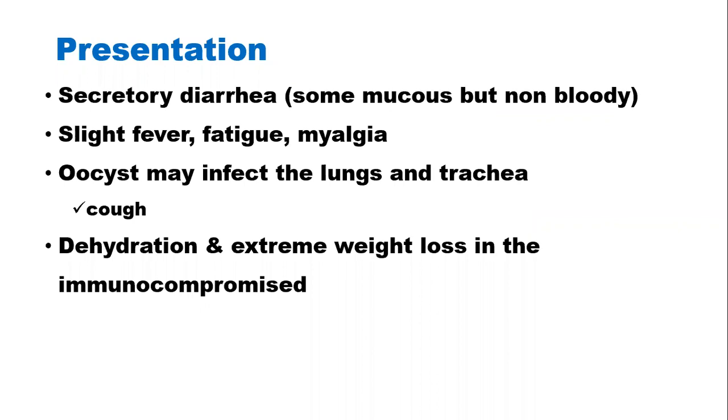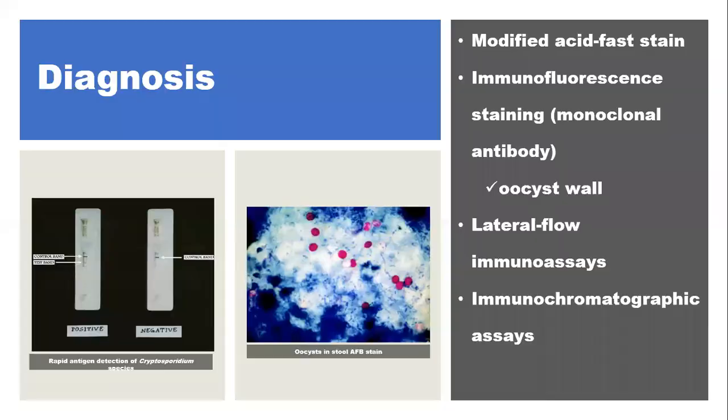Because of the high amount of fluid lost per day, which can be in the range of 5 to 10 liters, patients may present in a state of dehydration. At times, you can have chronic infection because you can see the interplay of autoinfection and how the meronts can give rise to merozoites that may actually go back to infect more enterocytes. So you can have chronic diarrhea. Patient may present with extreme weight loss. So these are ways by which the patient may present. How can you make a diagnosis?